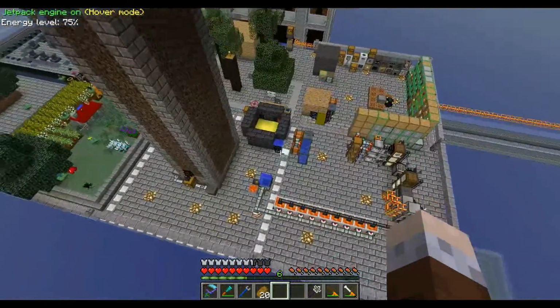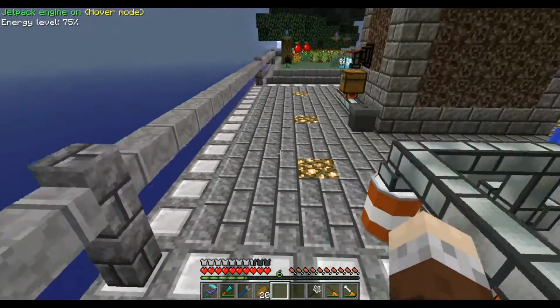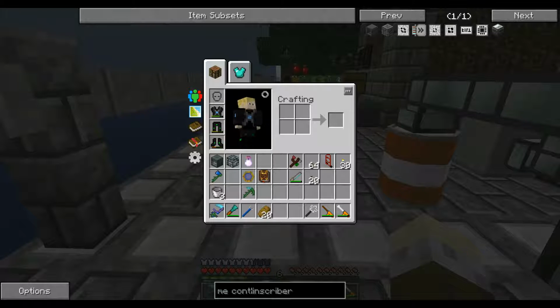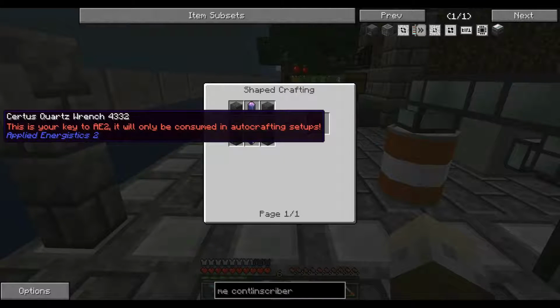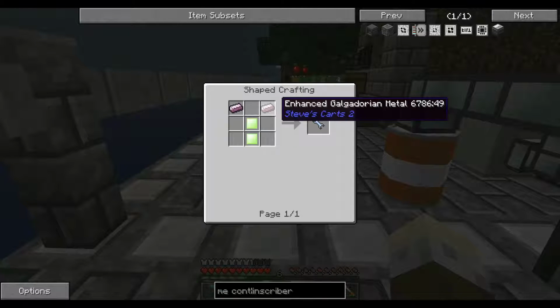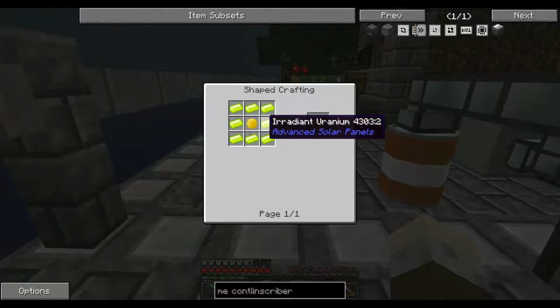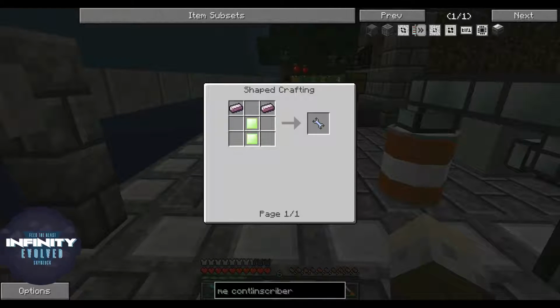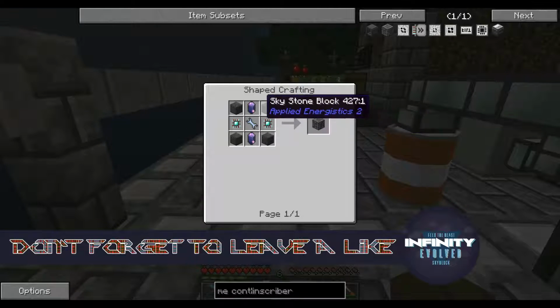One more setup as well. I'll just get over land whilst I check this out for you. So we are very close to being able to do our ME controller. I've just noticed something. So the Certus Quartz wrench is what we're working towards. We've got the Galgadorian metal and we're working on the enriched Cenarium alloy. Obviously that's what we were needing to get. So we're nearly there with that, but we haven't really paid very much attention to the other stuff that we